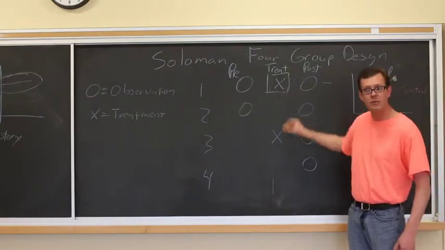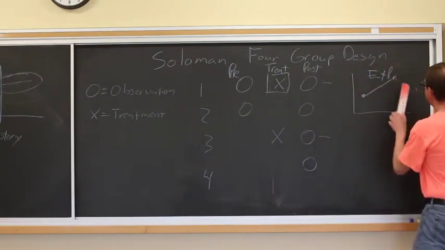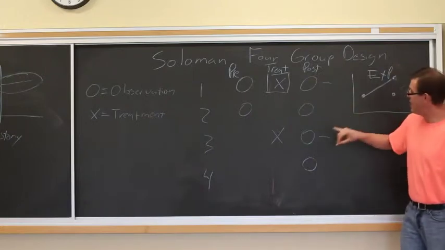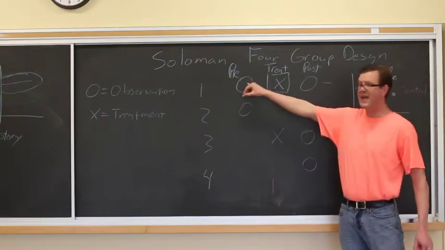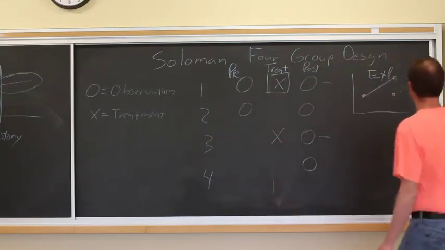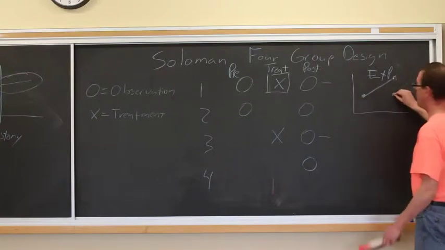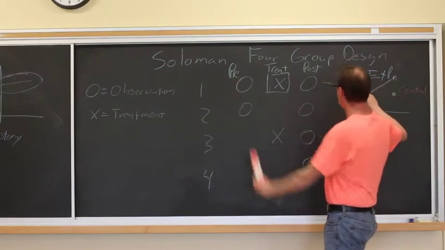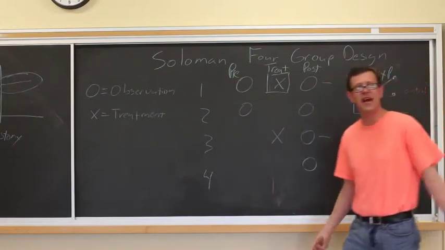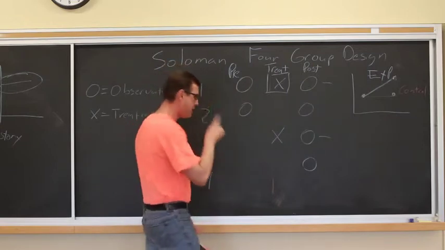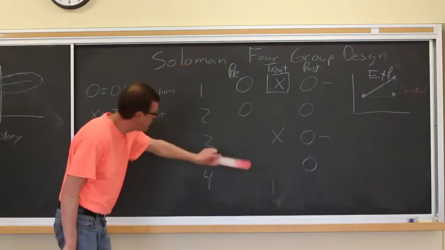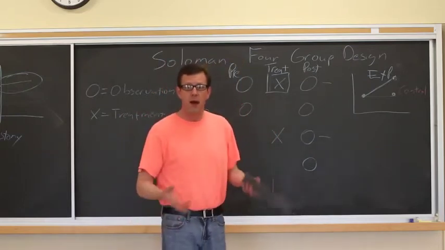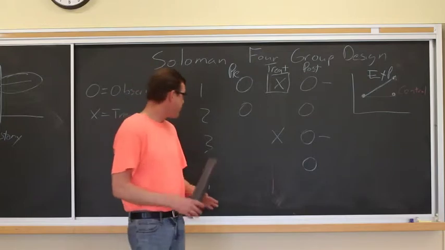If it's just my treatment that's working. If we see something different, if we see this down here, well, since this test is basically the same as that test in terms of which test that they got, if we see that their performance here, even after they got the treatment, is like the performance here before they received the treatment, then that suggests that you just have a testing effect and that the treatment really didn't matter at all. So by using these 4 different conditions, you can answer different questions about history, about the importance of pre-testing, and